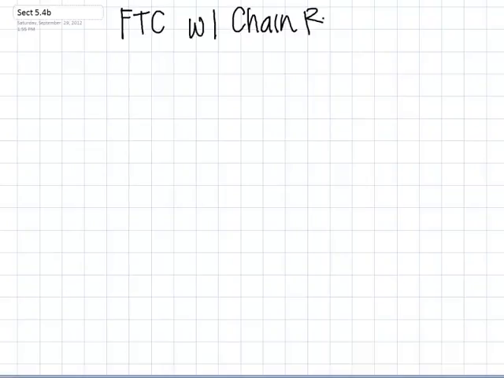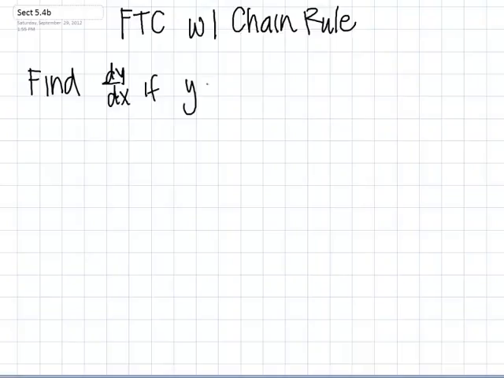Okay, continuing on with the fundamental theorem of calculus. Today we're going to work on the fundamental theorem of calculus with what's called the chain rule. So we'll just start out with an example. I want us to find dy/dx for y equals the integral from 3 to x squared of f